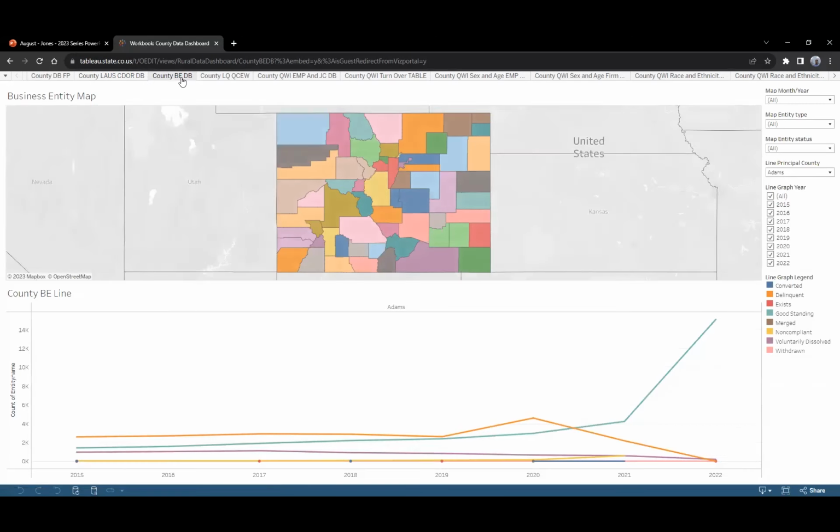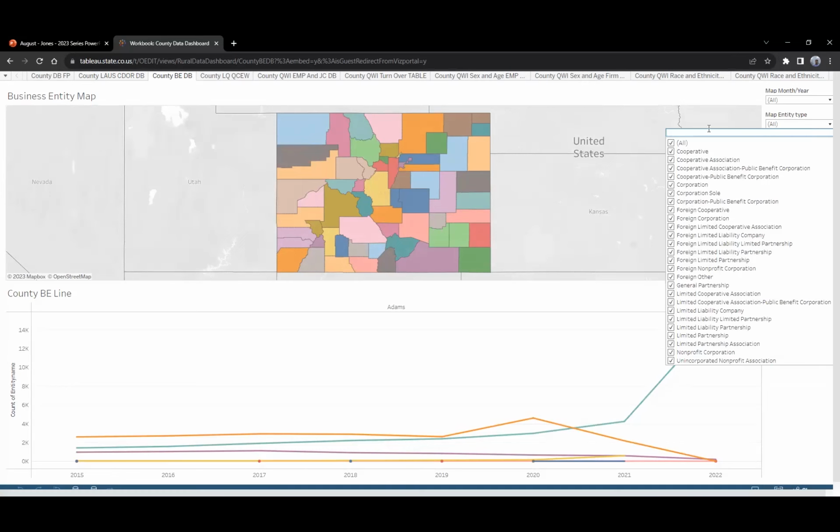Here's that business entity filing page that I showed in the presentation that lets you look at the quantity of entities formed, their status, filter by entity type as well. Which, as you can see, there are quite a few different forms of entity type. So if you're, for example, interested in cooperatives in rural Colorado, you could utilize this filter selection tool to specifically look at cooperatives, which is also why I really like Tableau as a data visualization tool, is just because it lets you get to those filtered views in a very user-friendly manner.